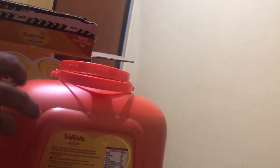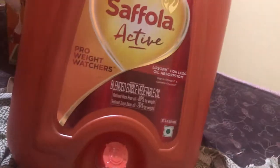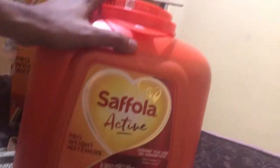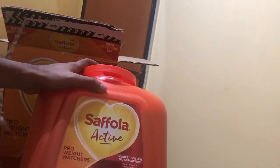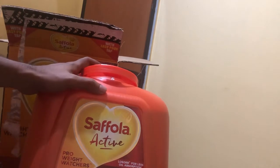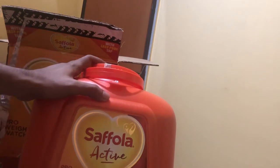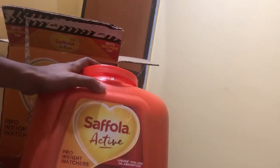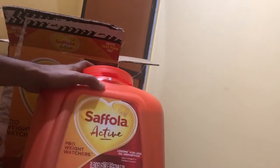So yeah, wonderful oil here, very well packaged in this can. And the best part of this packaging I found is the easy flow tap, which is right here. The other most interesting part of the whole packaging I found. So we just need to cut this open like this, and here it goes. Currently it's closed, so if you want you can open it and the oil can flow